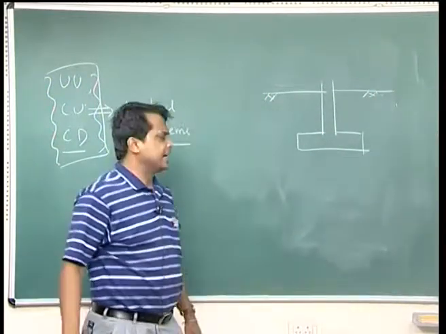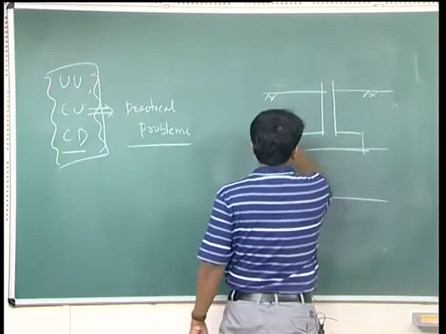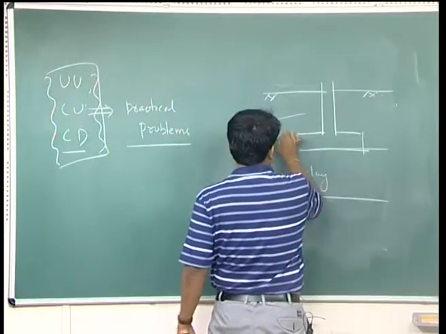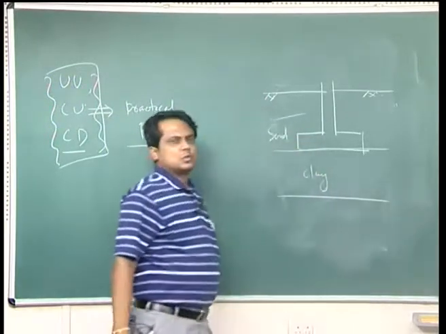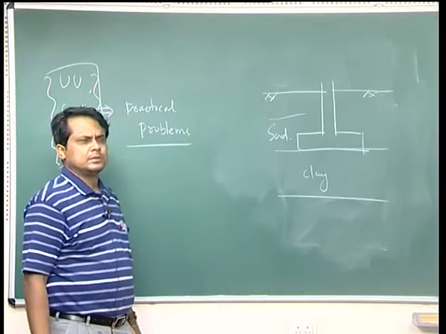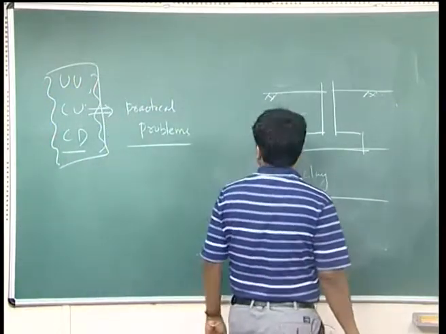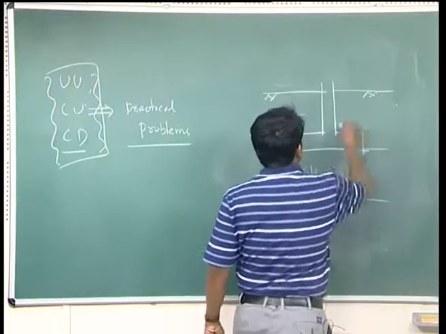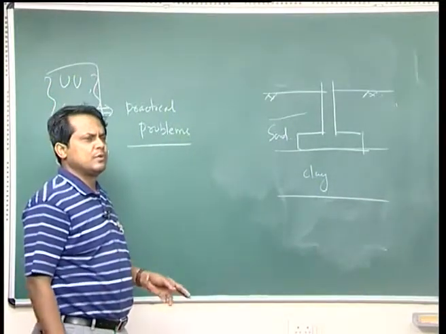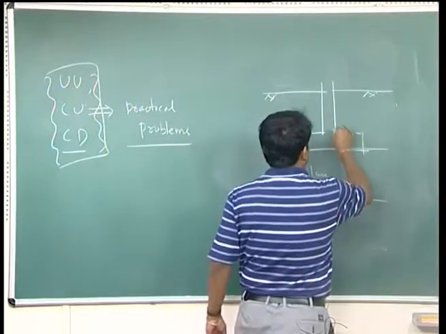A footing is there, lying over sand as well as clay. So, the moment the construction of the footing occurs, what will happen? The immediate effect is there, that means immediate settlement is going to happen. So, during construction, what test are you going to do? Is it UU, CU or CD? Then after consolidation, after construction